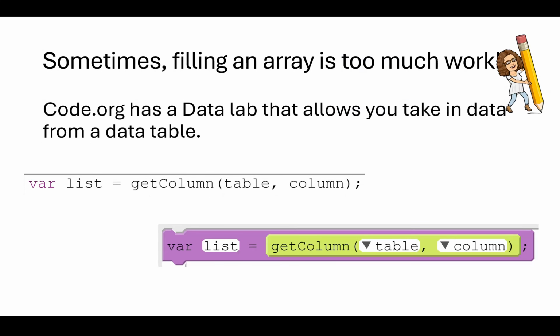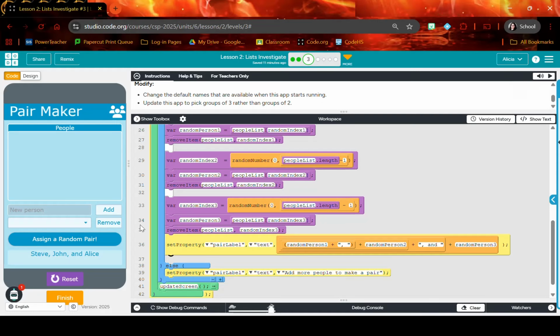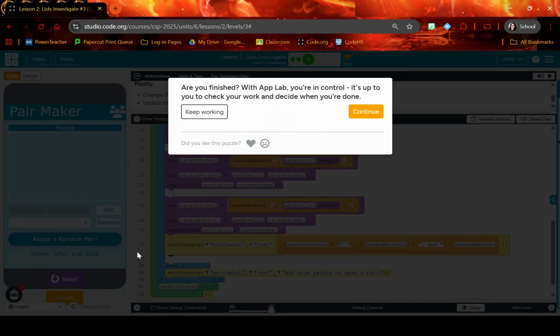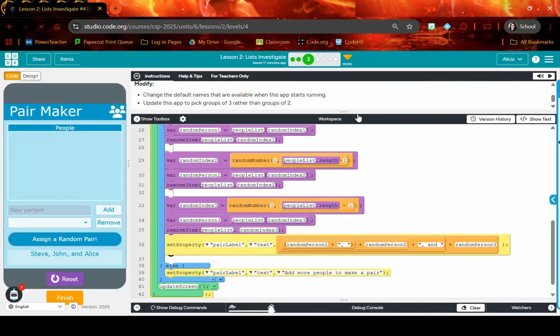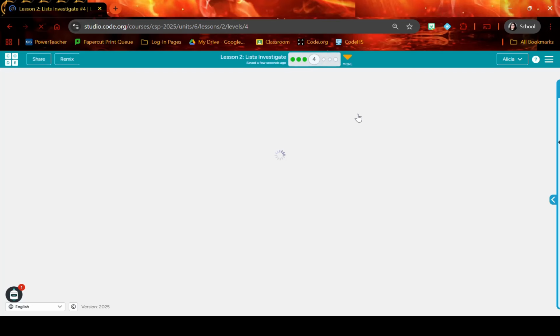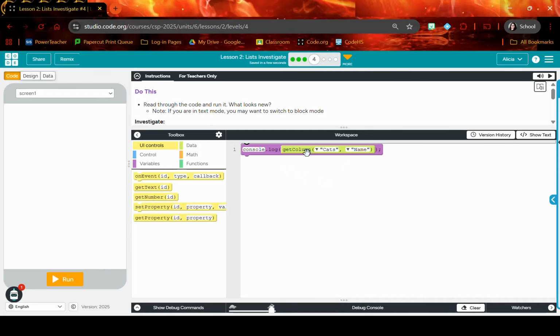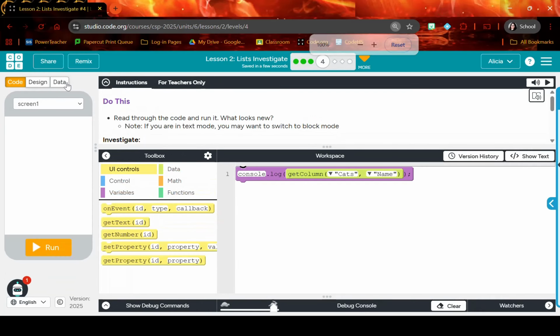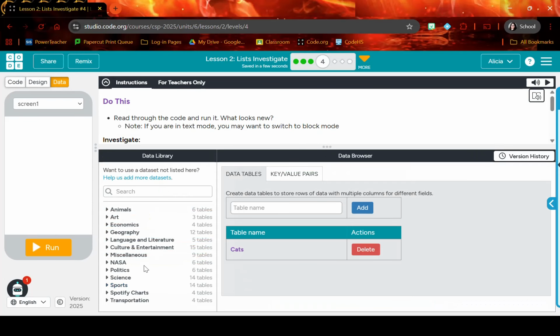if you go onto your code.org one more time and you click finish and we go to number 4, they've already uploaded the cats data section. We're going to go into the data area. So if you click data, notice what is on here. There are a lot of data sets. For example,